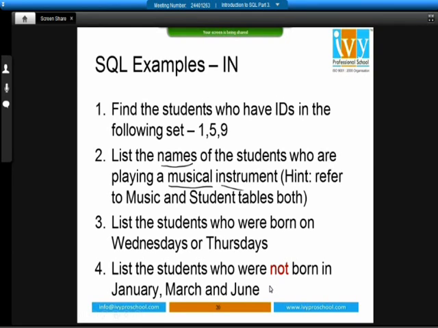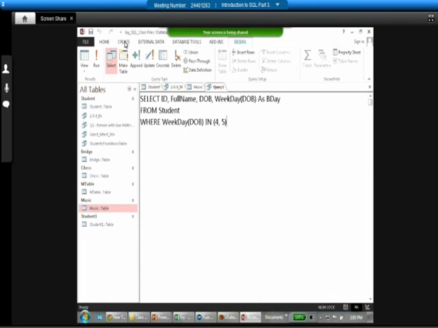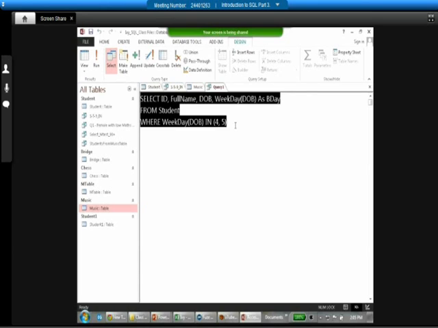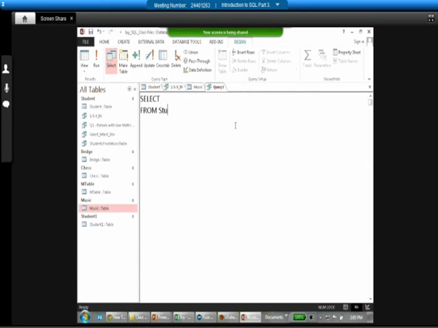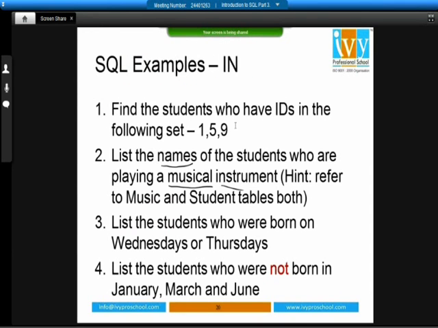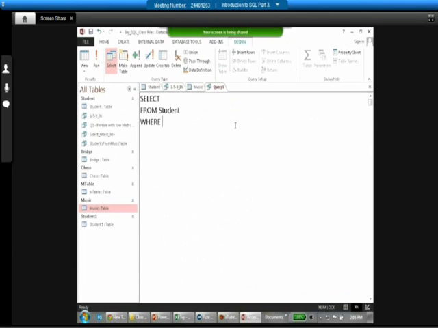Then if you do this question, list the students who are not born in January, March, and June. So what I'm going to do is modify this query itself. Overwrite on this. Select from student where, now here we'll use another function called month. What the month function does is